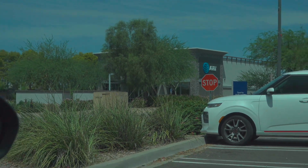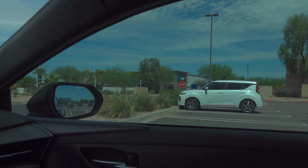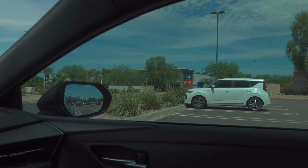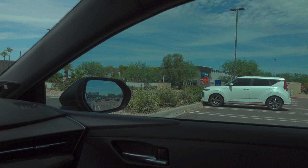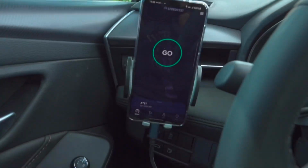So I just came out of this AT&T store, a very good service here by Tatum and Cactus Road in North Phoenix. Very good store. It wasn't too busy right now. Good time to do what you need to do in there, right? But what I did is I came in and I ported in one of my T-Mobile